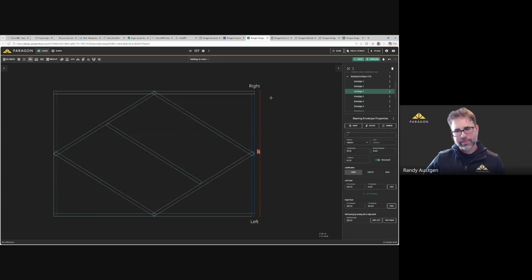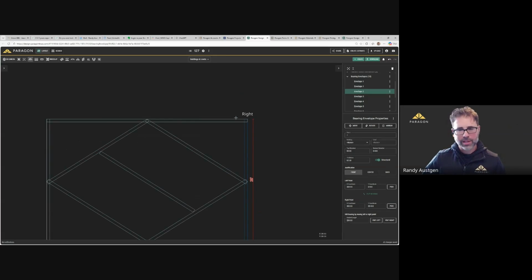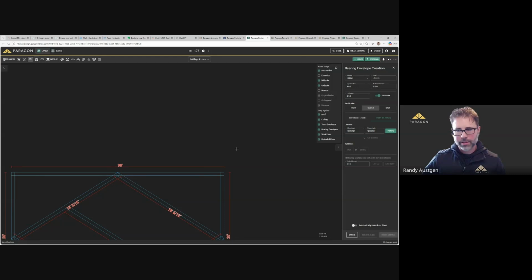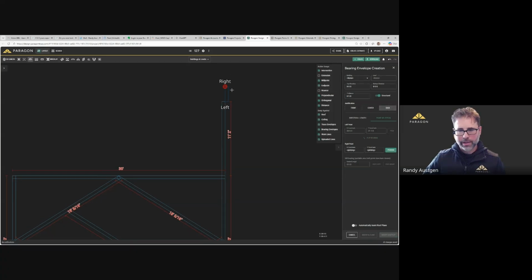The bearing orientation. Okay, so Seth just commented on bearing orientation. That's a good one. So if we take a look here at bearing, kind of the justification, if you will. So I'm going to set this as my start point. I'm going to turn on ortho just to make this really clear. So right now I am center lined off of that top right corner. If we change that to front here, I'll insert and repeat, and back here.